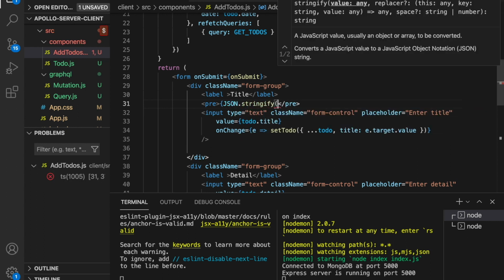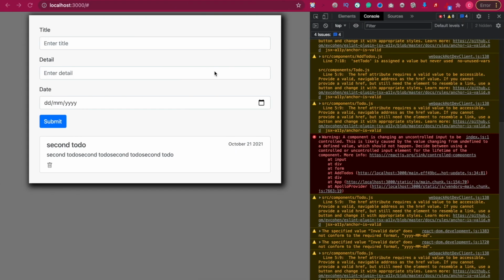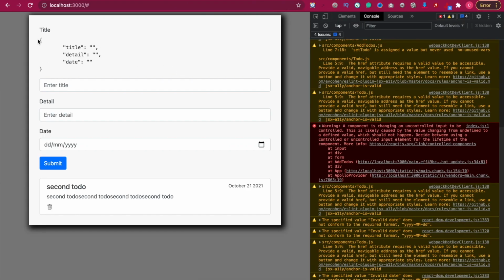So we save it, and then we try to display the JSON.stringify and then todo. Now we can look at this. Initially, it has the empty title, empty detail, and also the date. And if we select the date and type some details, and then this should be another todo,